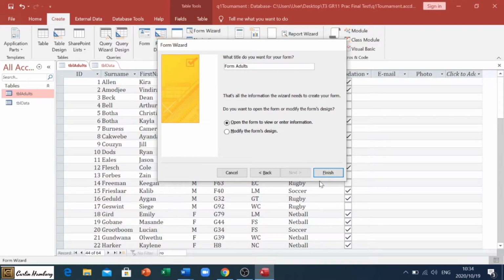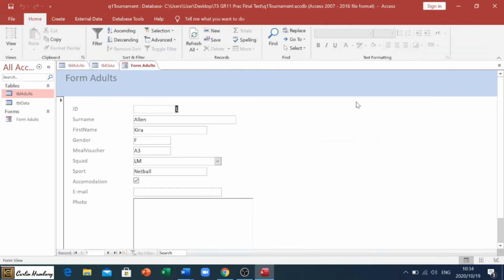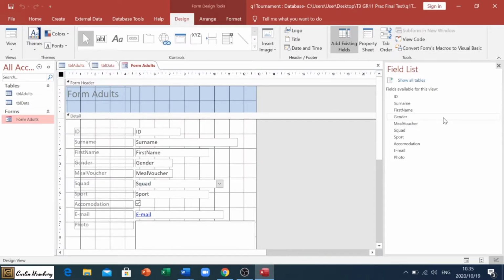And we're going to leave everything else the same, and it's going to open up in what we know as the Datasheet view. So there's our form. Okay, now they want us to make a couple of changes. In order to do that, we need to go into the design view. All right, so first things first, they want us to insert the image